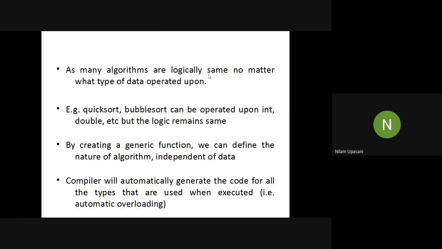As many algorithms are logically the same, no matter what type of data is operated upon. Now we are trying to find the real world applications for a template. कहाँ पे हमें जरूरत पड़ती है template की in real world applications, where many algorithms are logically same, but data types can be different. Like say for example, have you learned about searching and sorting techniques